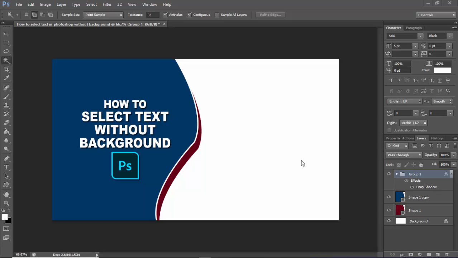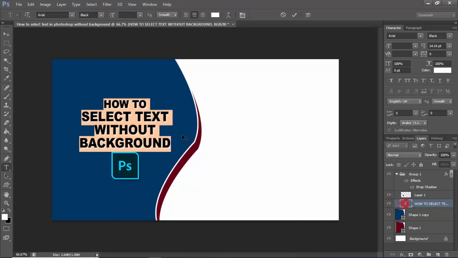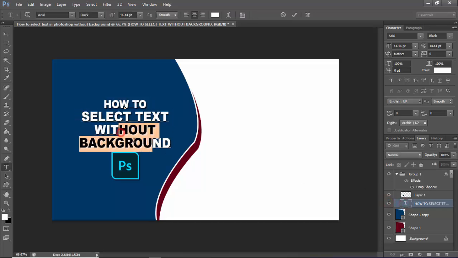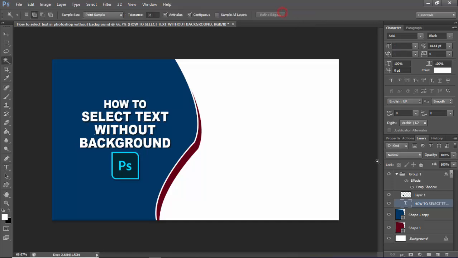In this video, how to select text in Photoshop without selected background. Okay, step 1, see this text and double click to select text. And step 2,